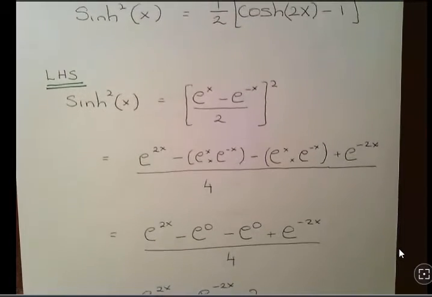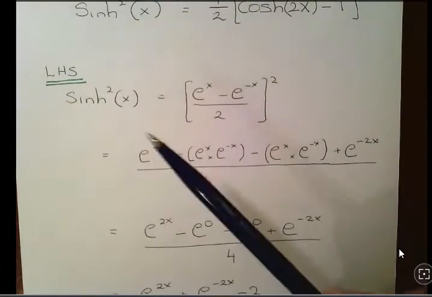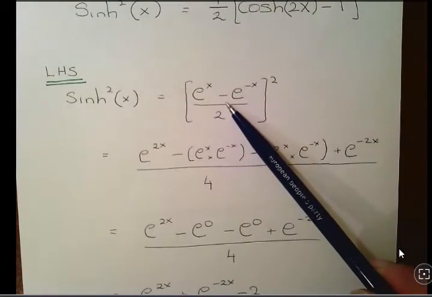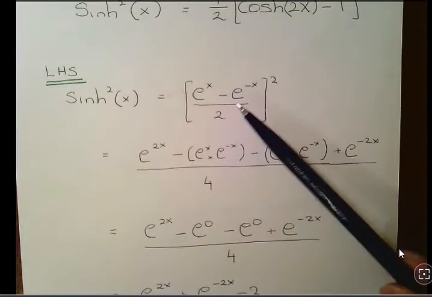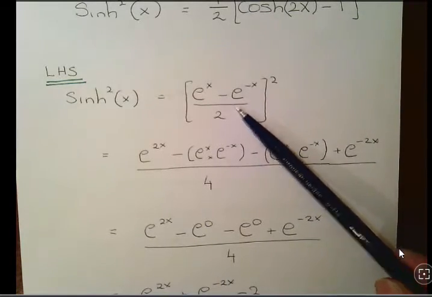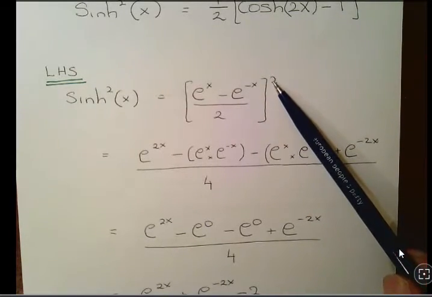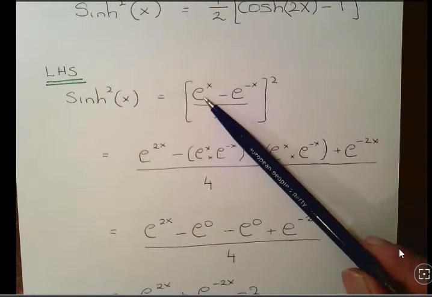What I'm going to do here is start with the left-hand side. And this is when we use the exponential function, this is what shine is, e to the x minus e to the minus x over 2, okay? Just like that. And we square it, okay, because it's shine of x all squared. So we're just going to square that. So essentially this is